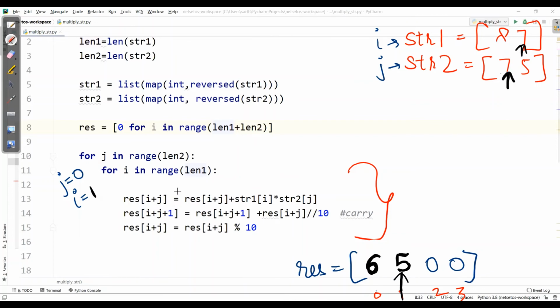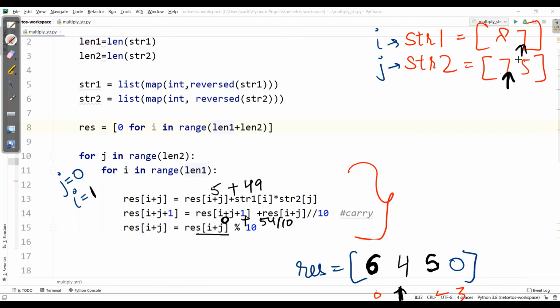So for i plus j we will calculate the first index, where we already have 5, plus the multiplication of 7 and 7, which is 49. 49 plus 5 is 54. So in i plus j we will get 54, and the next number is the original 0 plus 54 divided by 10, in which we will get 5. So 0 will be replaced with 5 and its remainder will be 4. Here we will have 4.